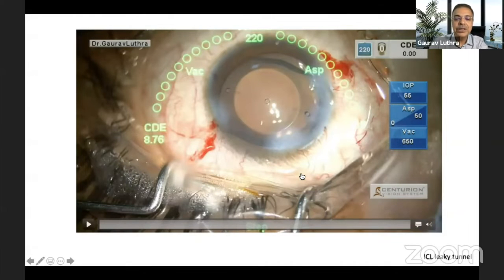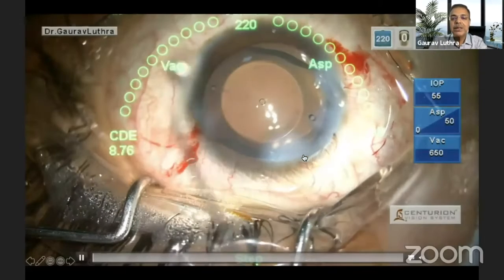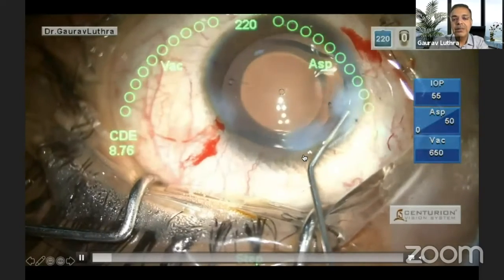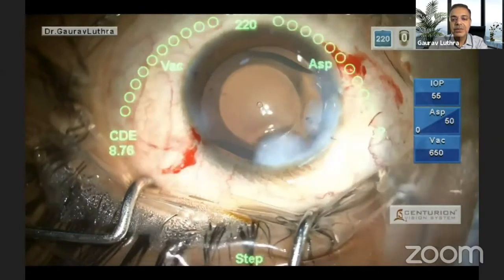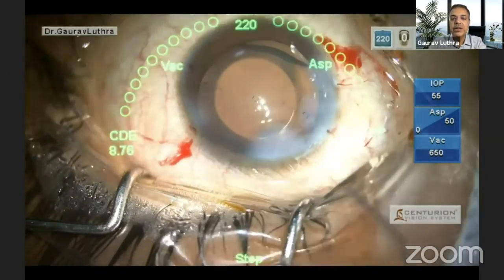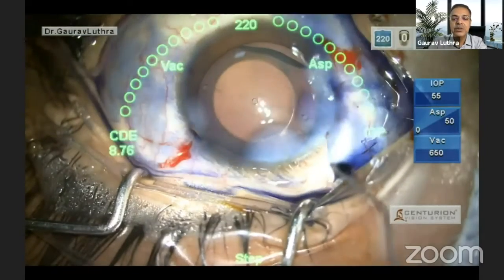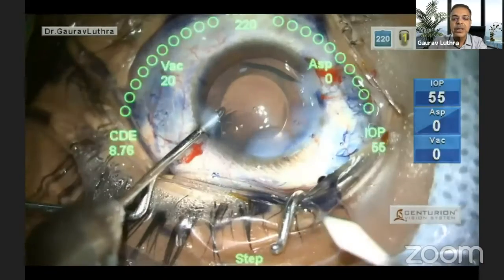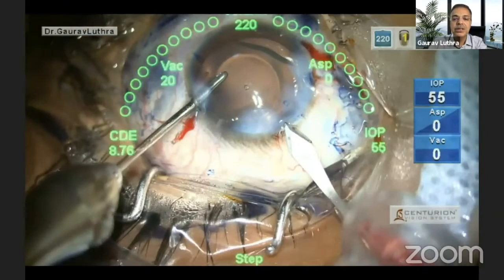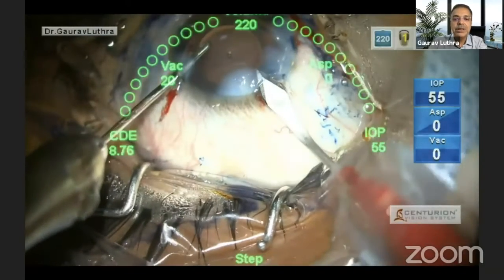So another situation that can happen, because these wounds are a little bigger and sometimes you have ICL manipulations through the wound, if it's stuck or something, you'll have a leaky wound. So unlike cataract wounds, you can check these wounds by just putting a drop of trypan blue. If it leaks, you don't want to suture it. It's a toric ICL. You don't want to induce astigmatism.